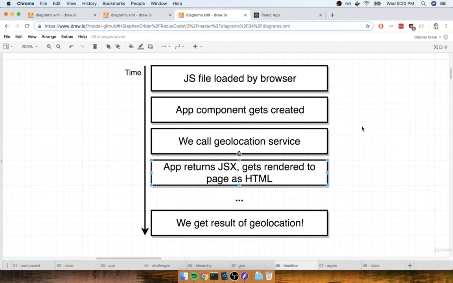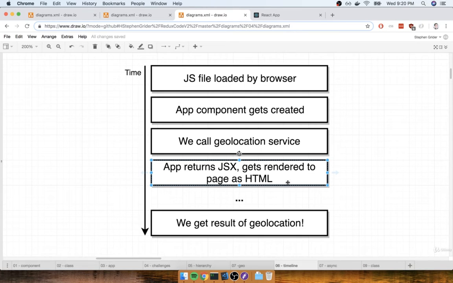In the last section, we learned that we were going to run into some big issues when using a functional component with this geolocation API. The whole big problem with this is that it takes some amount of time for the geolocation service to return our position. By the time it finally returns our position, we have already rendered our app component onto the screen. And with a functional component, we don't have any good way of re-rendering it automatically or somehow telling the app component to pause its rendering process.